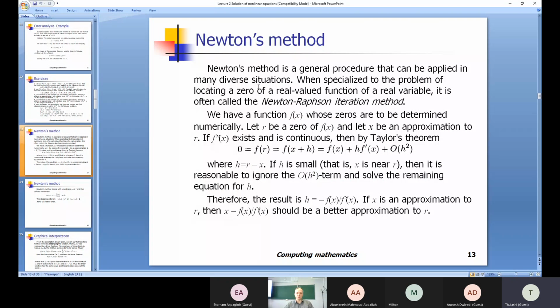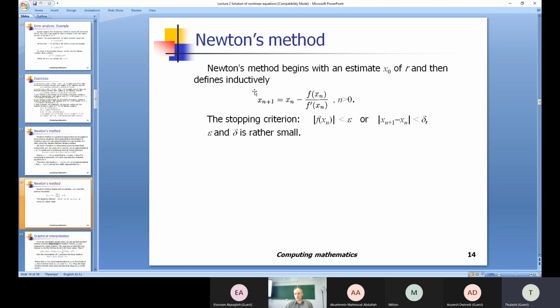Consider so-called Newton's methods for finding a zero value of a function. The formula for the Newton method is written here. We have some initial point x0, and